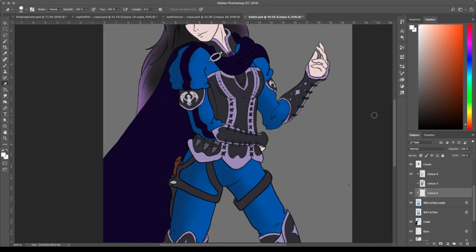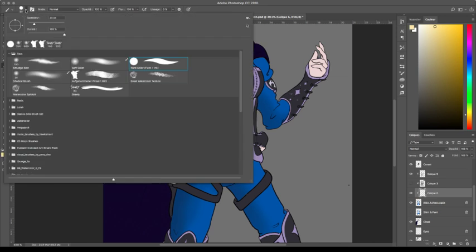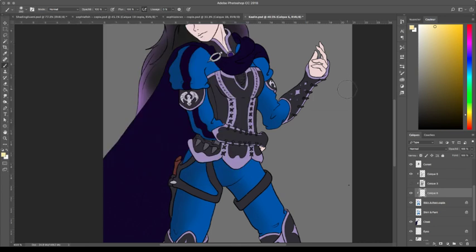Some people for the highlight, let's say I have a warm source of color, I'm using this. There. Some people like to use the layer mode add, I think it's called,